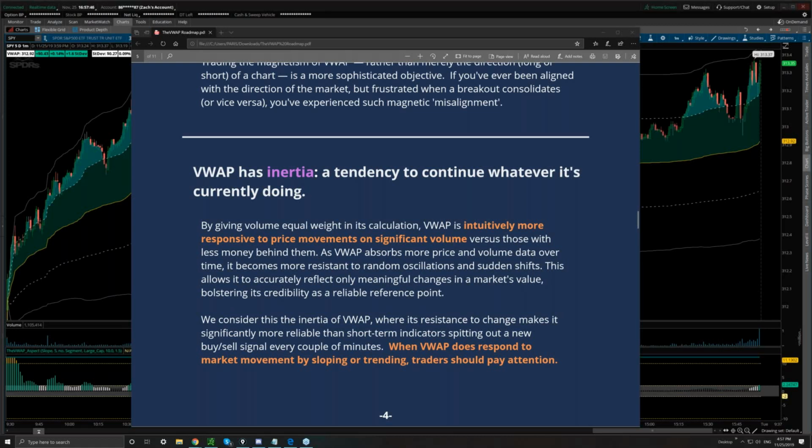By contrast, volume weighted average price has a stickiness to it. When it starts trending in a direction, that requires so much money traded in that stock in order to move the average. It is significantly more credible, because to reverse that or to change the direction of VWAP, or even to make it stop sloping, is going to require quite a bit of time and quite a bit of money, which adds to the credibility, the believability of the signals we're getting from volume weighted average price.